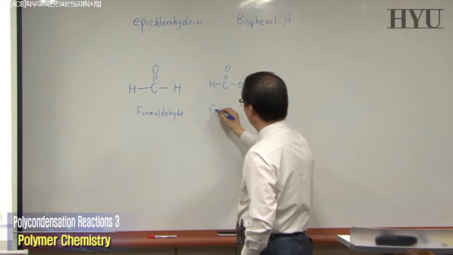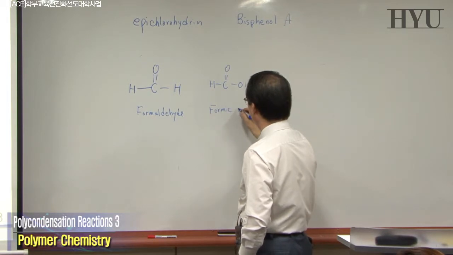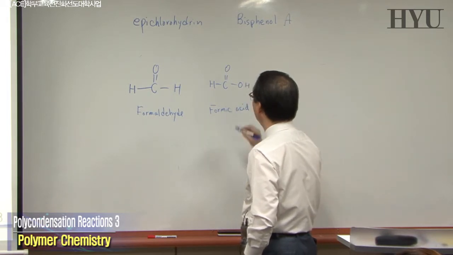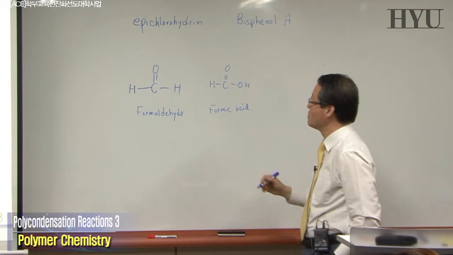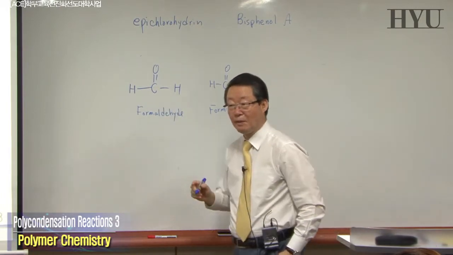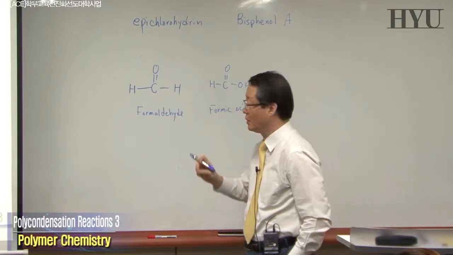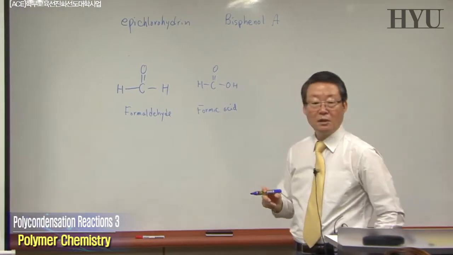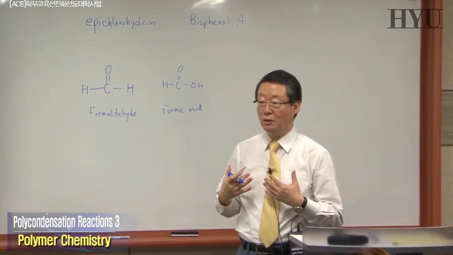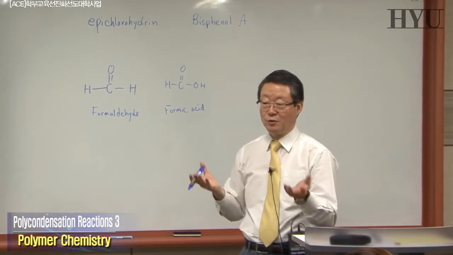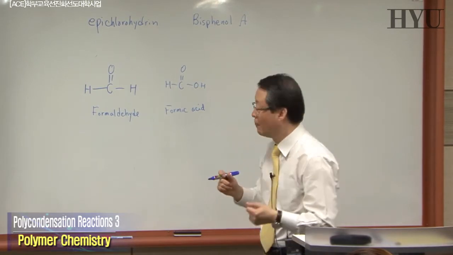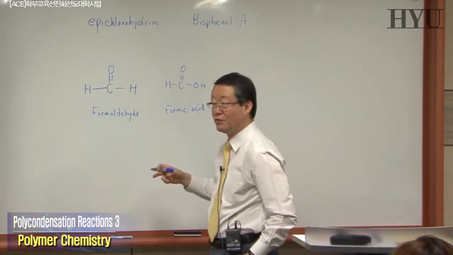This is called formic acid. Formaldehyde is quite toxic, whereas formic acid can be produced by our body as well. From our Krebs cycle, we produce formic acid. Okay? If you drink